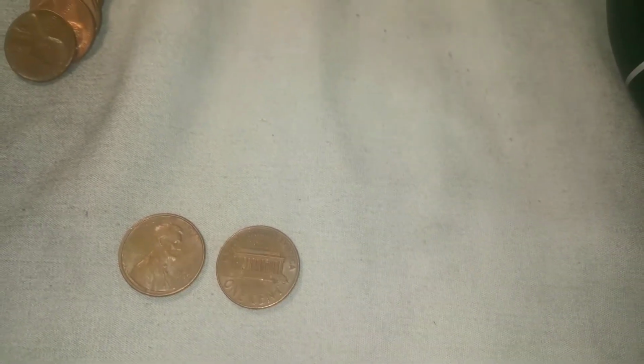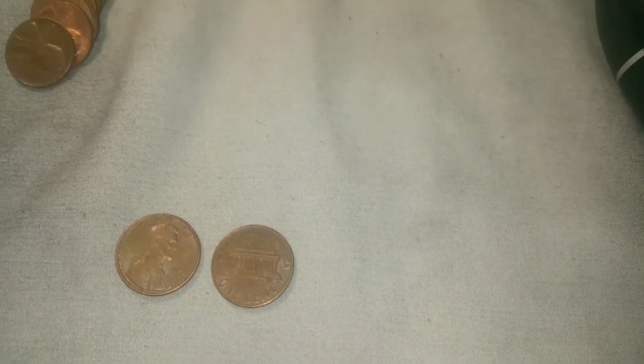Well, I'm throwing some of my variety coins, or possible variety coins, under the scope, and I got a 66 Philadelphia here. It's one of the ones I look for. Let me show you what I found. It's not the DDO, but it's cool looking. I'm pretty sure this is machine doubling. As you can see,